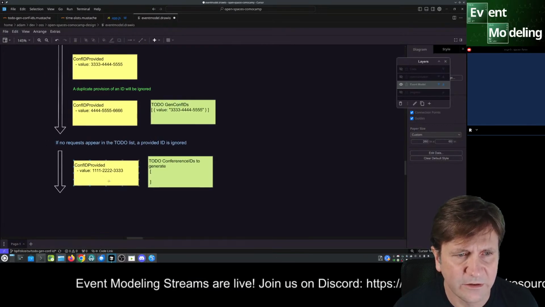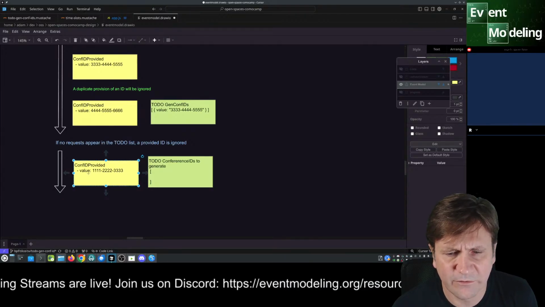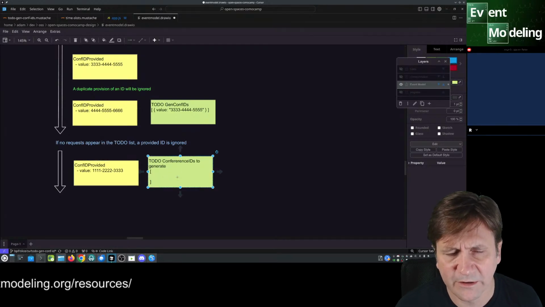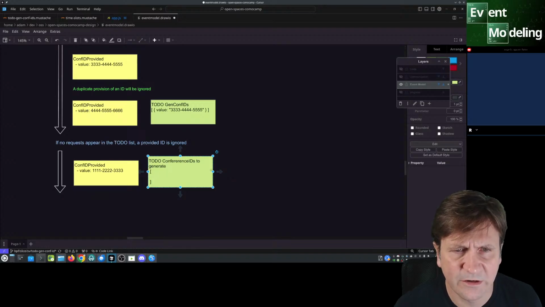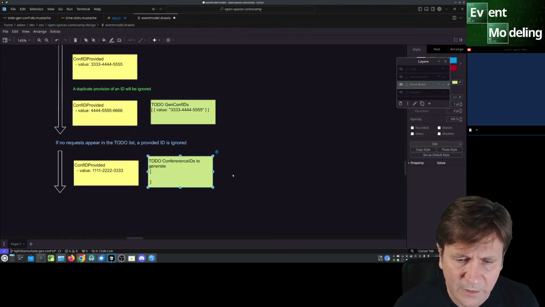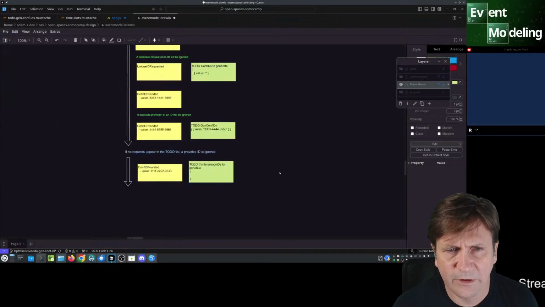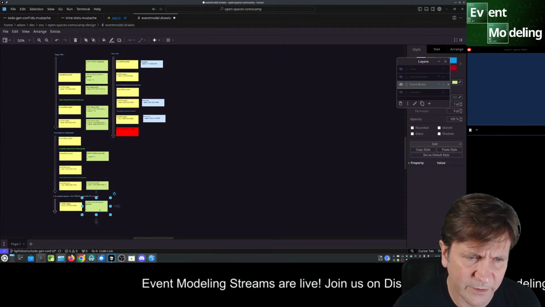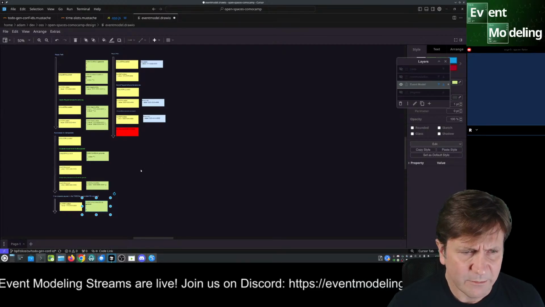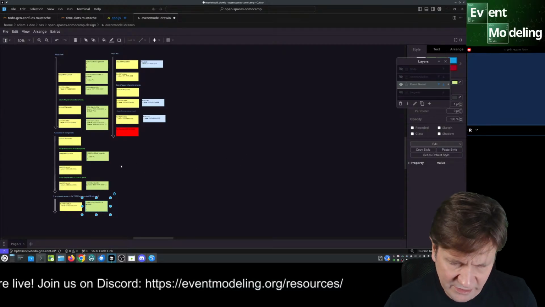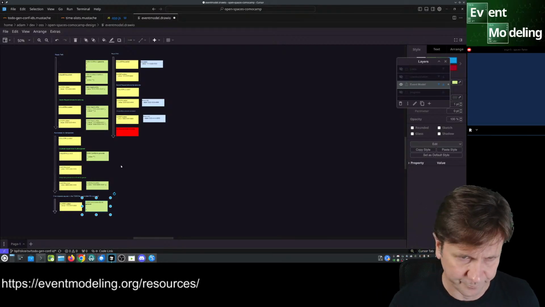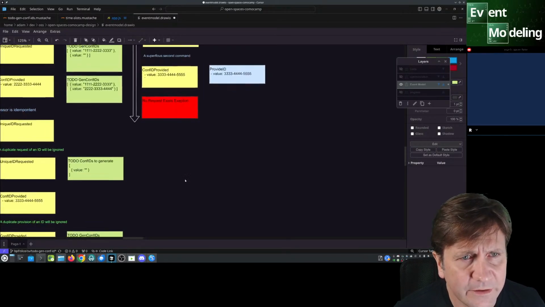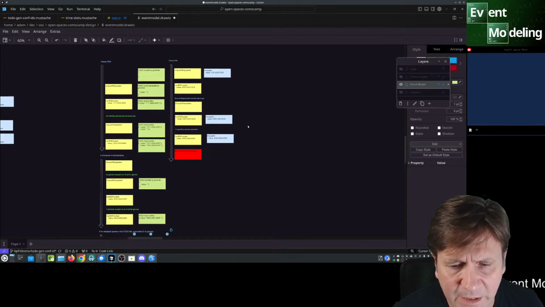There's another exceptional case here. If we never got a request, but we had an ID provided as the first thing, we also just don't do anything. There's no conference IDs generated, which is interesting because there's another case that will come up when we're looking at the conference IDs: how do we graduate an ID from here to actually pop up in something else. We'll notice that we'll be duplicating some of this logic, which is okay, which is something we want to do. And yeah, I think the next part is, let's take care of that conflict.